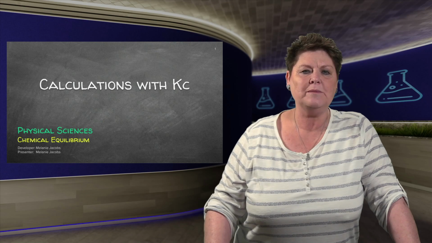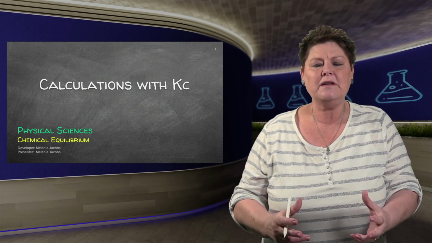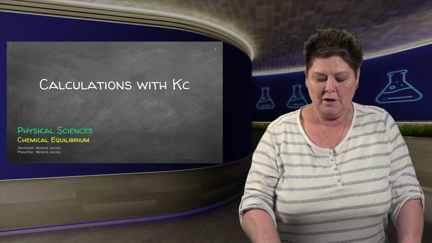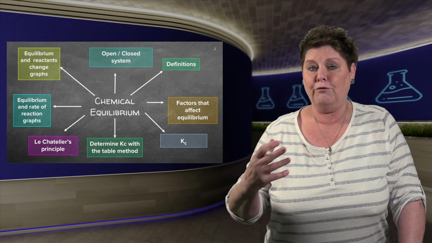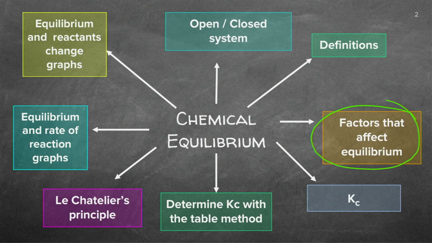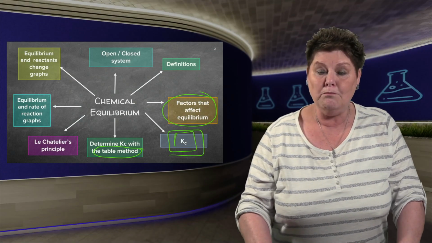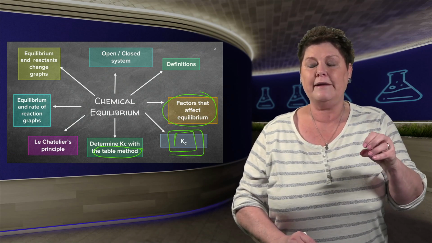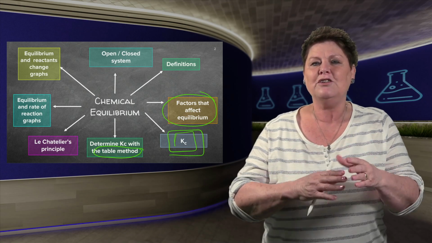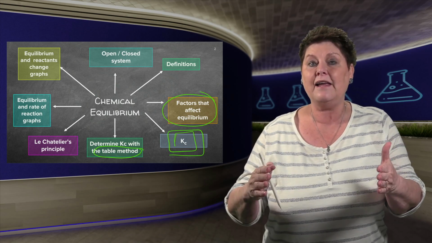Hi guys, Dr. Mel. We're busy with chemical equilibrium and we already covered what equilibrium is and how we can get to a relationship between the products that are being formed and the reactants that are being used. So we did the factors that can affect the equilibrium and we did a few calculations with the Kc value. Now we're going to see how we can calculate the Kc using more information and even less information. You'll have to be able to deduce some information from what's been given in the beginning of a reaction and at the end in equilibrium.